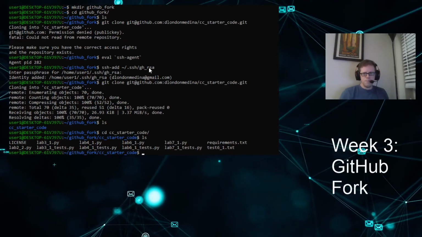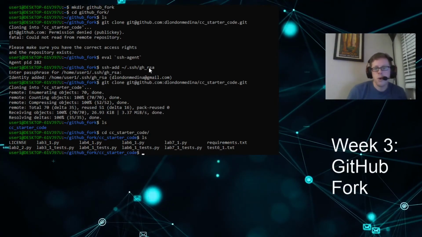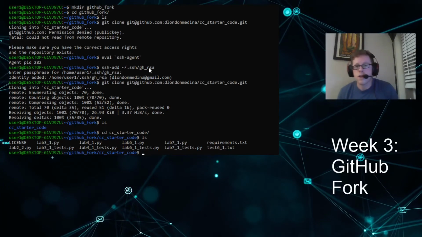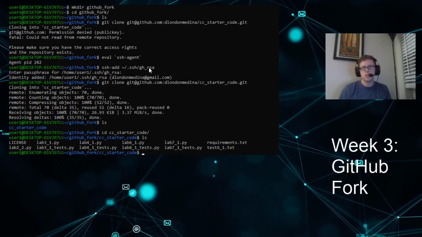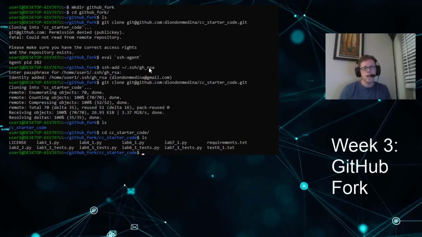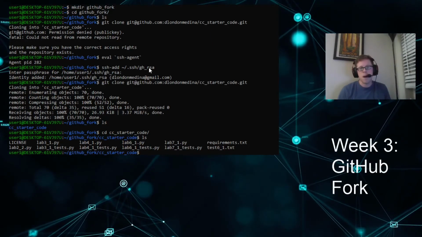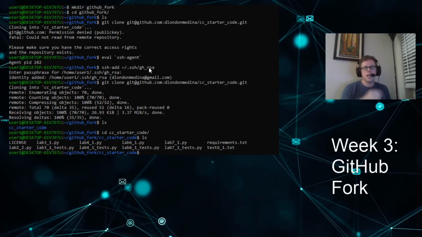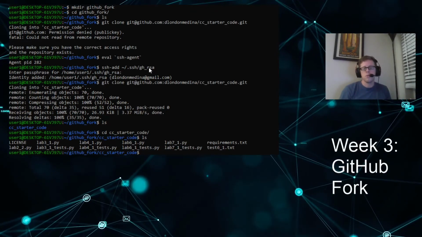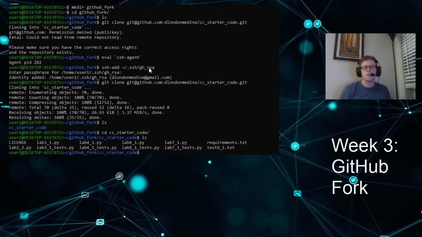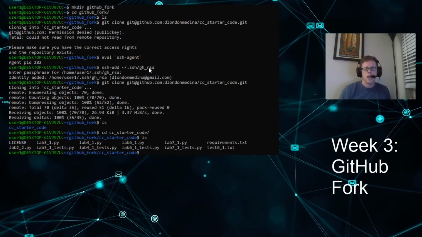Now, the reason that we forked instead of just cloning the directory directly is I can make changes here, and I can push changes back up to GitHub, and when I do that, I'm pushing those changes up to my account and not to the NCS Dice account. This means that when you do this, you're going to be pushing the changes that you make up to your personal GitHub account and not back up to